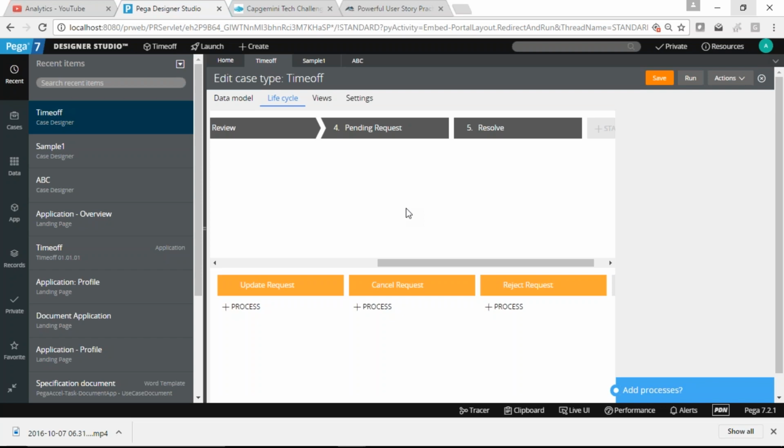And your request is approved now. Yeah. Once it was approved, after approval you can update the request once again. So the pending request, as the name says, means it was approved but you have not taken the leave yet. It was lying there. And from there you can cancel the request as well. It was approved, but after that you still want to cancel it.